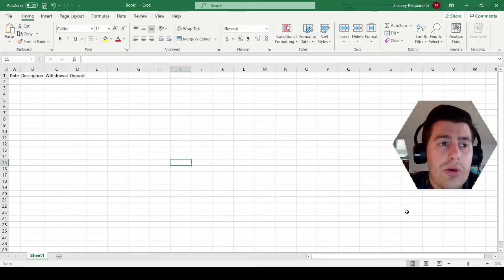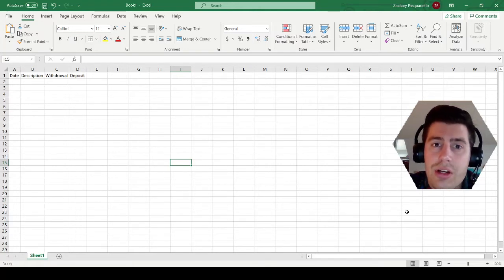Anyway, without further ado, let's jump right into it. How to import your bank data. You're going to first start with Excel. The best way to do it is to download your transactions directly from your bank statement online. You can log in to your bank online and download transactions. I would recommend downloading them in Excel format,